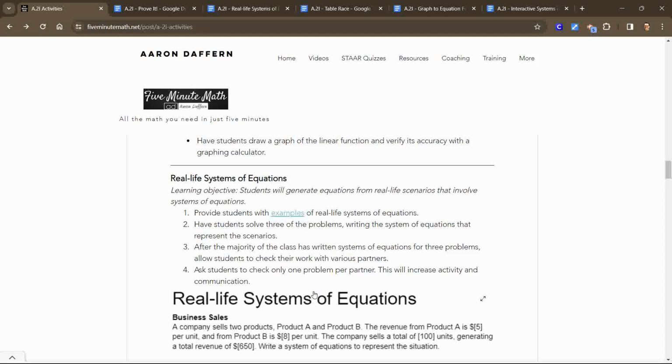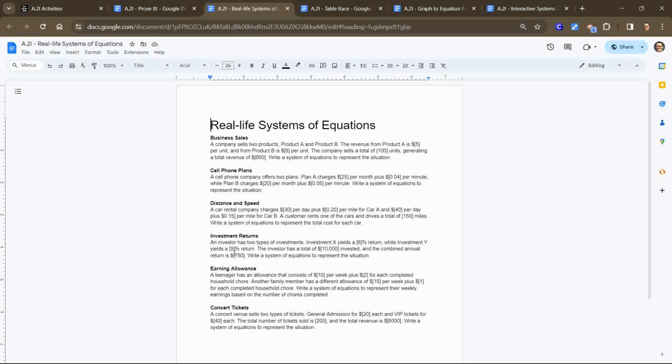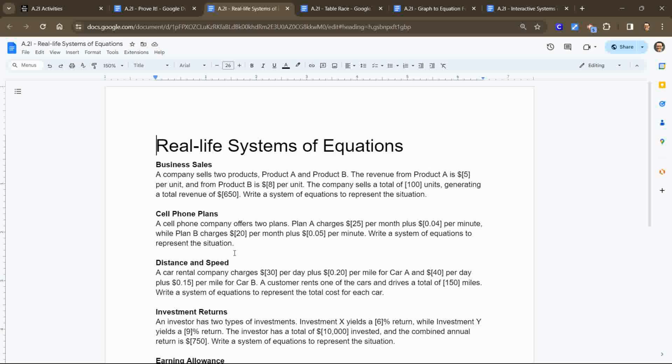Sometimes, in Algebra 1, they have to use exponential functions, quadratic functions, all of those from real life verbal descriptions, and identifying what they need to do can be difficult. So here are some examples of real life systems of equations. And what you're going to notice here is all of the numbers are in brackets. And I just did that to kind of call them out. All of these work, but if you ever wanted to use these as exemplars and simply change the values, you